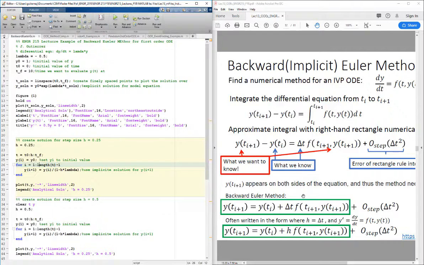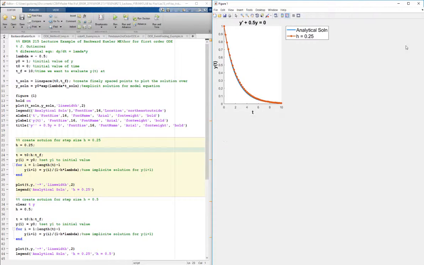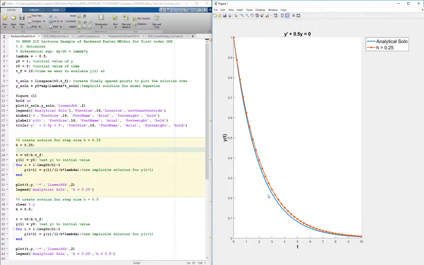So that's actually the solution to this if I were to plug in this f of t and yi as lambda t. Okay, so what that's going to do is solve this with a backward method. So I'll go ahead and run this first section, and then I'll run this second section, and I'll show you this numerical solution. So what we see here is this backward method with a time step of 0.25 quite accurately